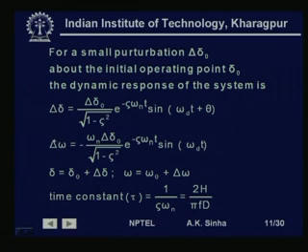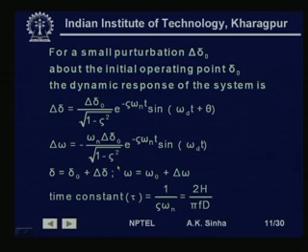Similarly, the change in frequency, delta omega from omega 0, is given by minus omega n into delta 0 divided by root over 1 minus zeta square, e to the power minus zeta omega n t, into sine omega d t. The delta at any time t for t greater than 0 is given by delta 0 plus delta, where delta is given by this relationship,